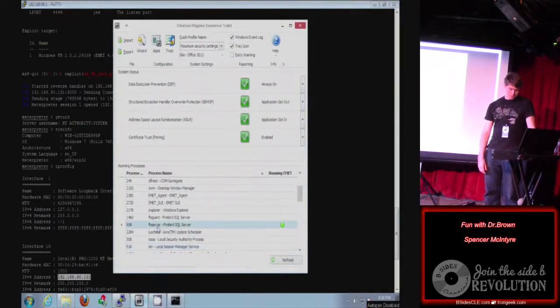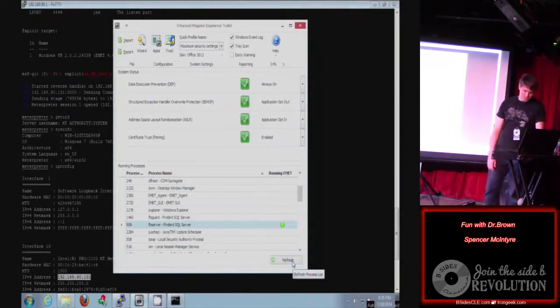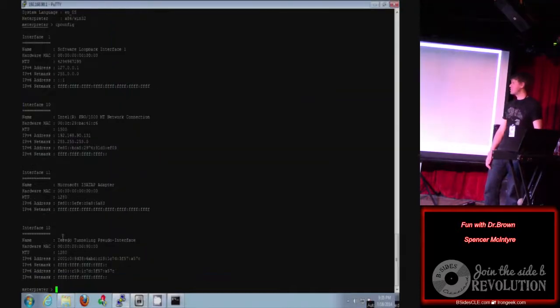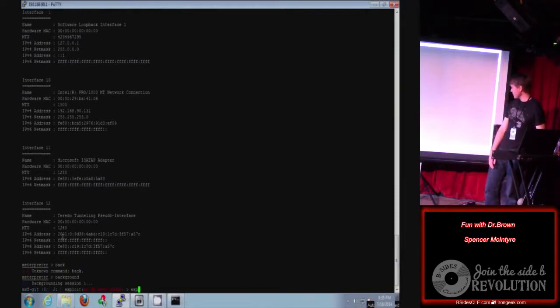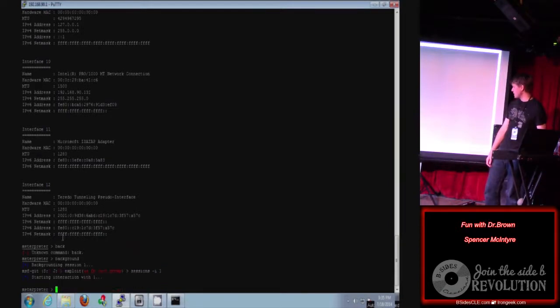Okay, so if we look at this right here, the process that it's actually protecting is 908. And if we refresh it, that process is still running. So that's still the one that's running. So the exploit did not cause the server to go down. But if we run, just here in a second here, it's going to run getpid. And it's going to show that the process ID of where the session is actually running is not actually the